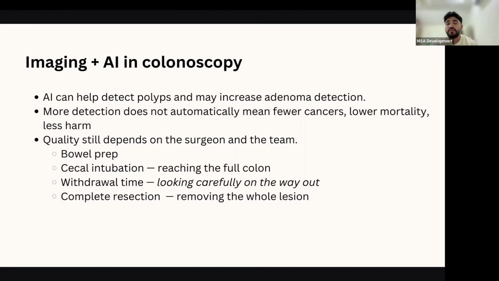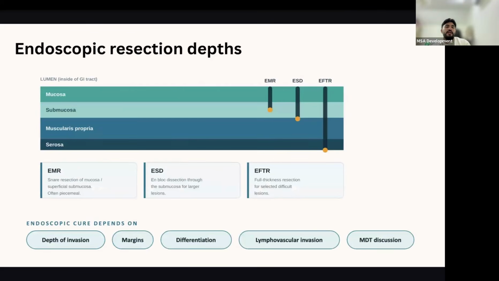The cecal intubation, trying to reach the entire colon. The withdrawal time, when they're withdrawing their instruments, they're carefully looking around for any polyps, right? And the complete resection, the removal of the entire polyps. This all again depends on the surgeon and their team. Okay. Now, so we have different kind of endoscopies that we do, and this really all depends on the lengths